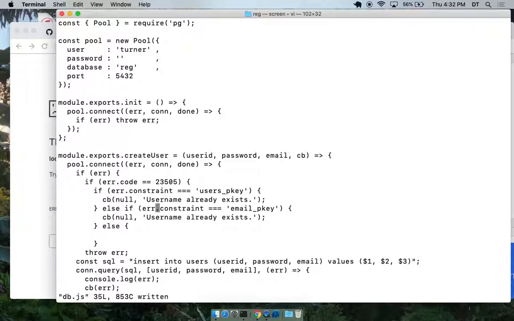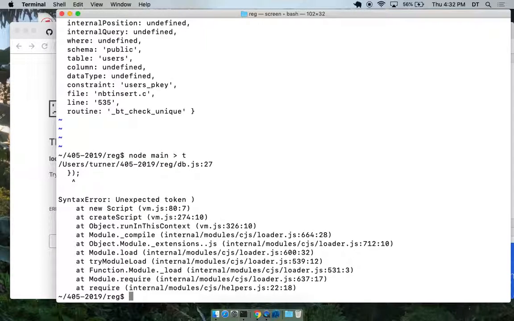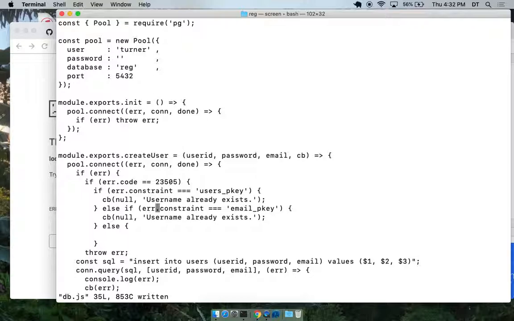Let me do it like this. I saved the file by mistake. So I'm working on, what am I working on? I'm working on the database. And we'll do it like this, it's okay. I'm going to do this. This should be email p key. It's just email key. I'm going to guess at it, okay? I'm just going to guess at that.